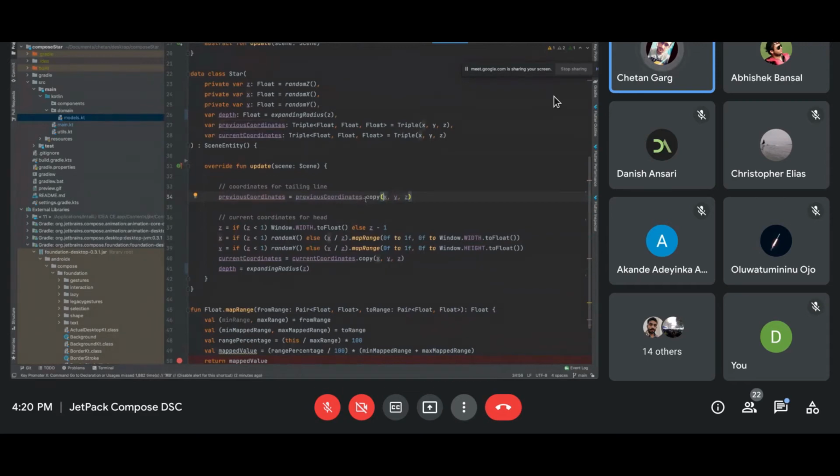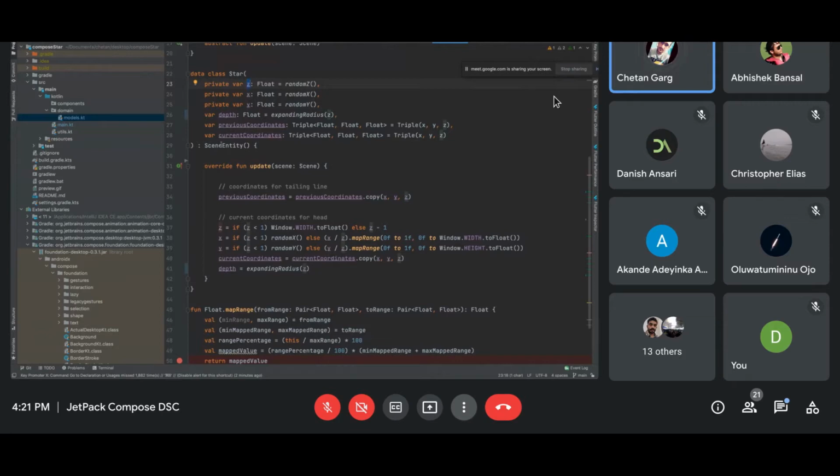See, I am creating this copy. This is a triplet, right? A triplet is a collection of three values, and this is representing my x, y, and z axis. Here x is representing the star's x position. This is representing the star's y position, but this z is not representing the star's z position. It is representing the depth at which this 3D plane is